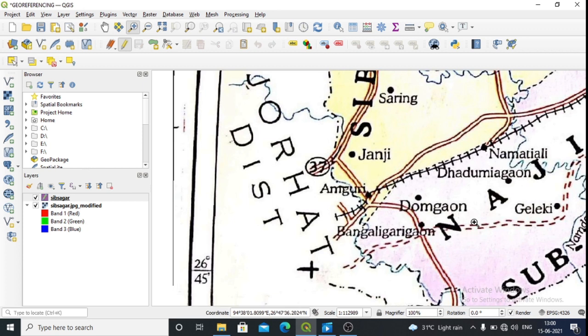Okay, so I can say this is the Nazira subdivision and this is the Sibsagar subdivision. So I will start from this particular point because this is a boundary point. From here this Sibsagar subdivision starts, and from here the Nazira subdivision starts. So I'll be starting from this particular point. Since you have already clicked this one, then click on add polygon.